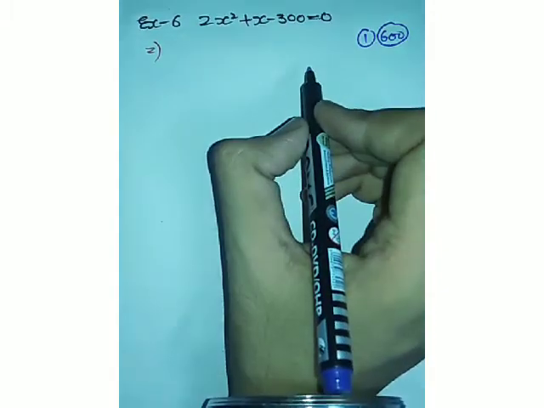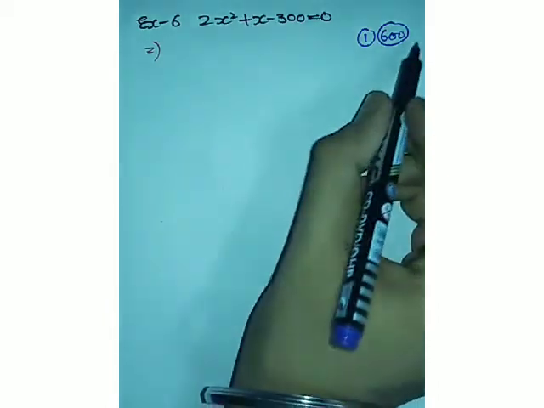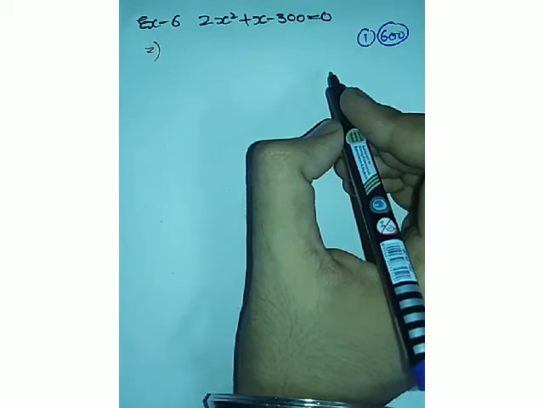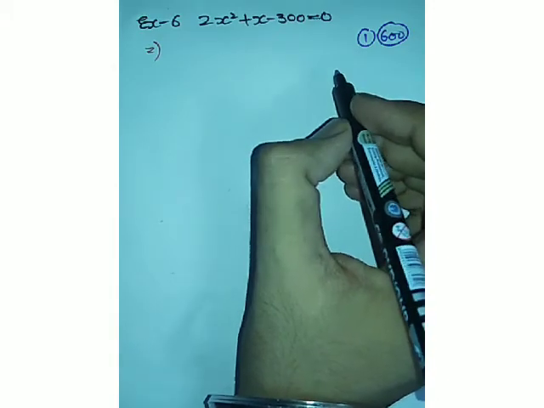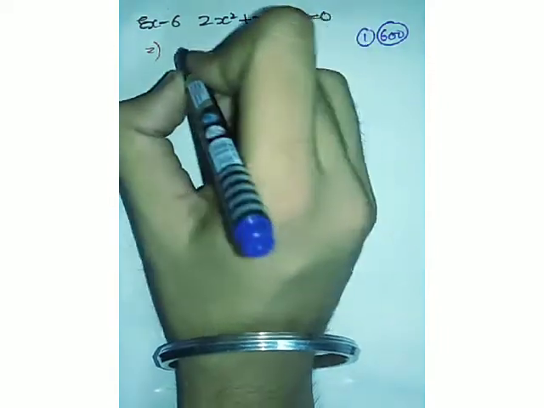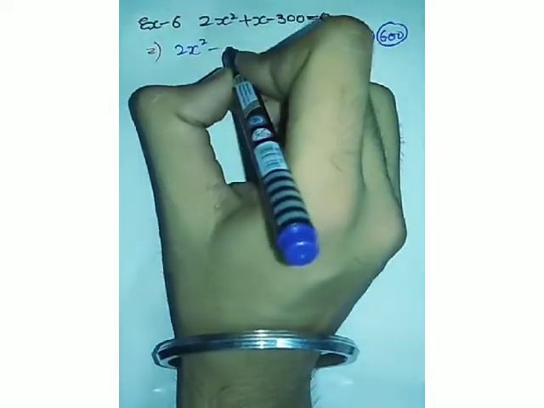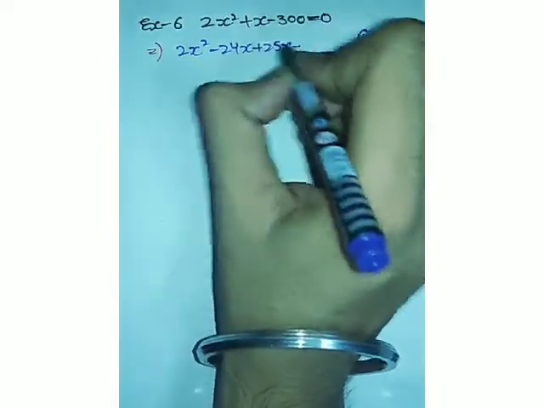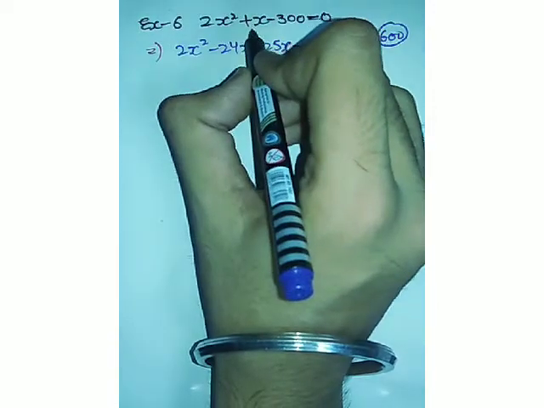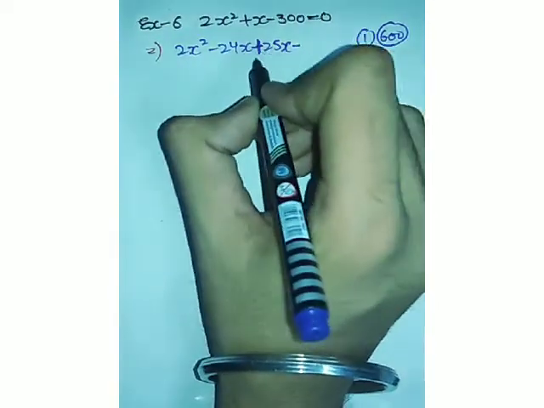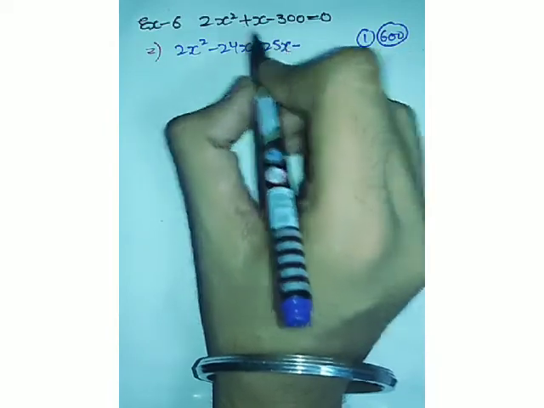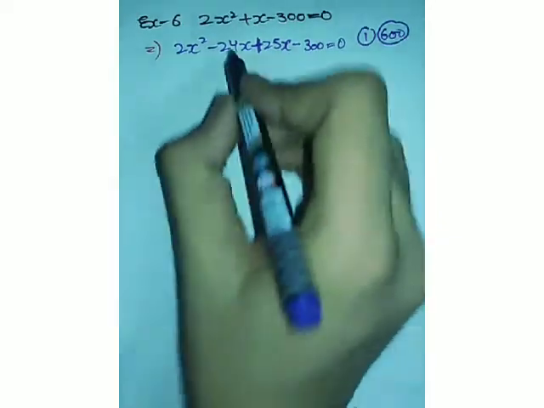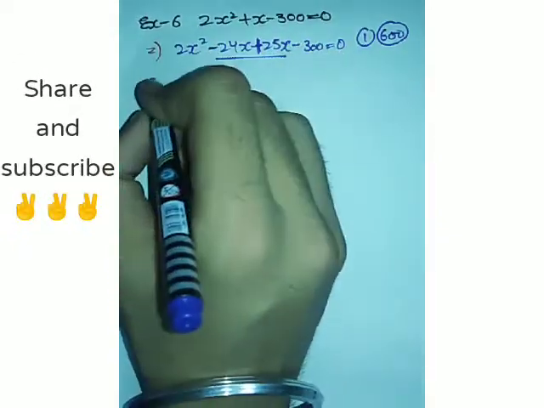Now these are going to be large factors because of course the term is large, but after trying the hit and trial method, or after trying a lot, you can find the factors as 24 and 25. So we can split our middle term as minus 24x plus 25x. Why minus 24 plus 25? Because the x is having positive sign, and if you apply the negative sign to 25 then this will become negative, which is not true. These are the splitting factors of our middle term.